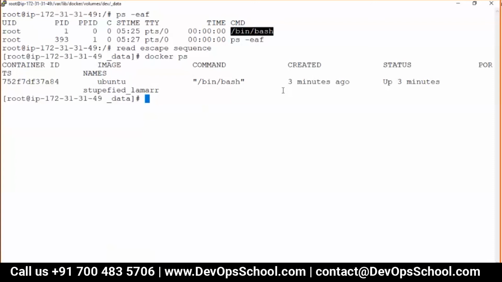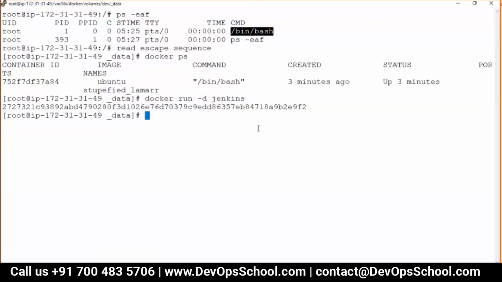You can directly use, let's say, Docker run. Let me show you rather than talking. Docker run hyphen d Jenkins, and here I should specify host. Sorry, that was last. It's run with the default.